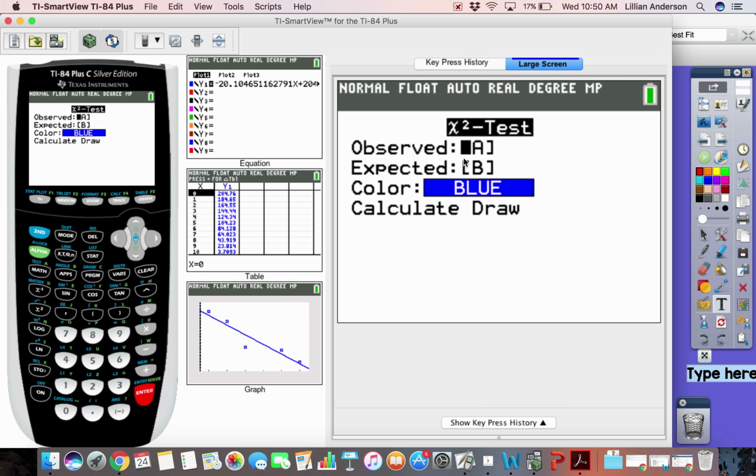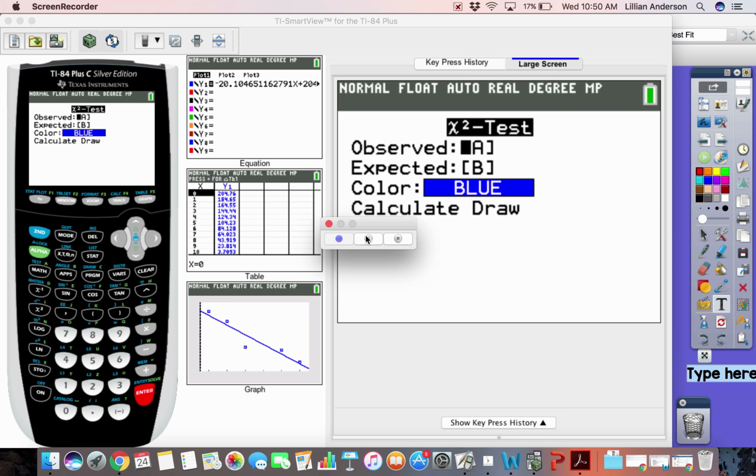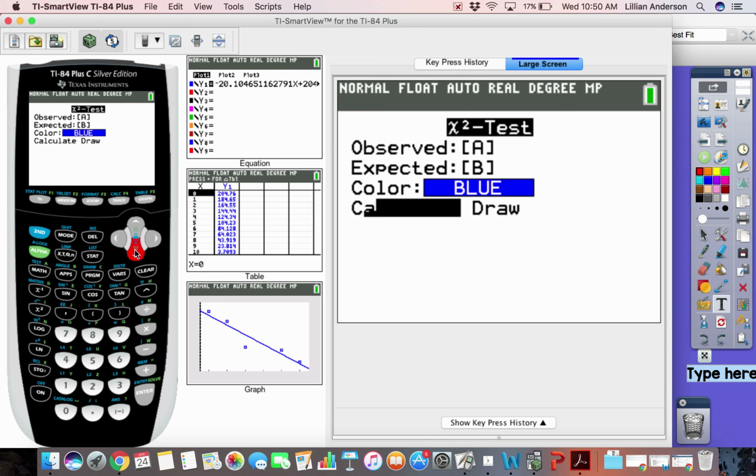Now, if your screen looks like mine, then you're good. Observed is in A, expected is in B, and all you got to do is hit Calculate. However, for those whose calculators do not look like that, actually, I was wrong. Everyone's calculator is going to look like that. It's going to have observed, expected. You probably are going to have a color like mine, but it really doesn't matter, okay? It doesn't matter what color it is. Just go to Calculate,